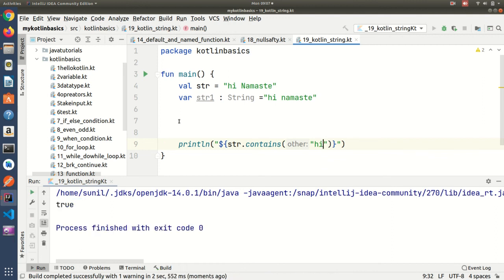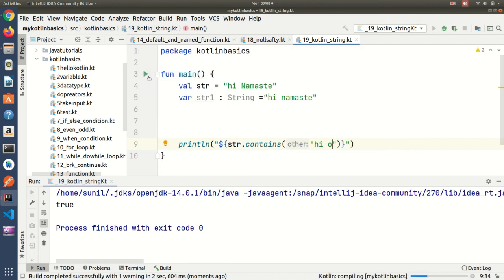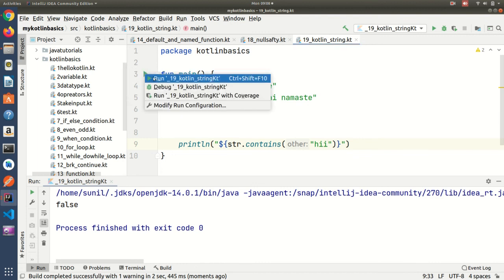It is containing hi, that's what got printed. If I use one space, then it will print true or false. Let's see. True. If I use O, then it will print false. False, because this is not there. If I use double I, then also it will print false.